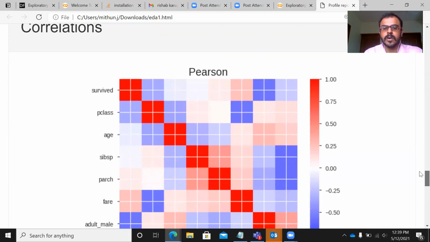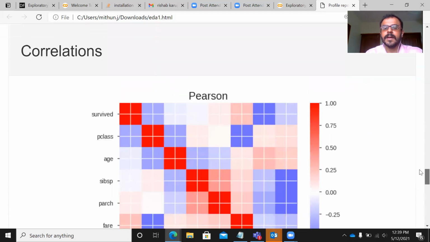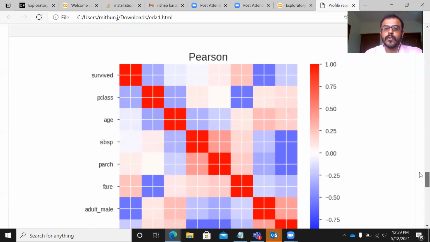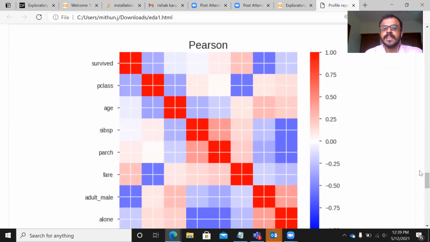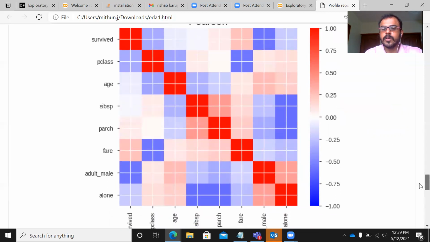If I scroll further down, you can see a heat map is what it constructs for all the important variables. It has used the Pearson's correlation here. It has color coded all the correlation values with dark red color indicating strong positive relationship, dark blue color indicating strong negative relationship.